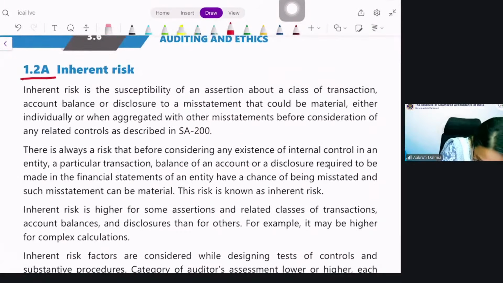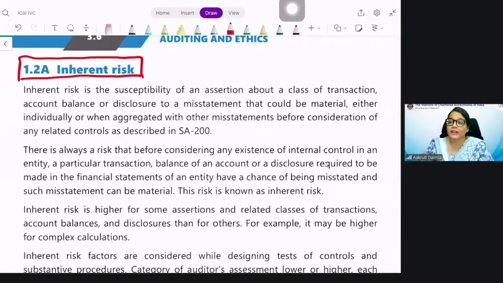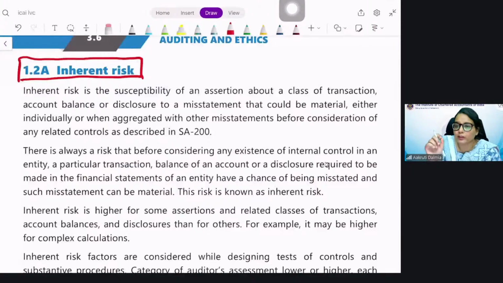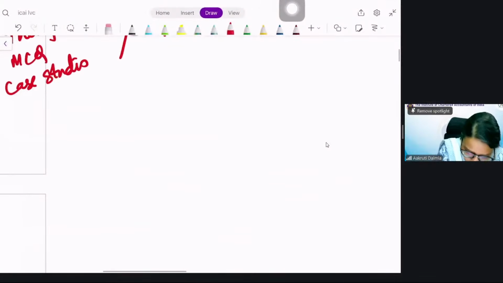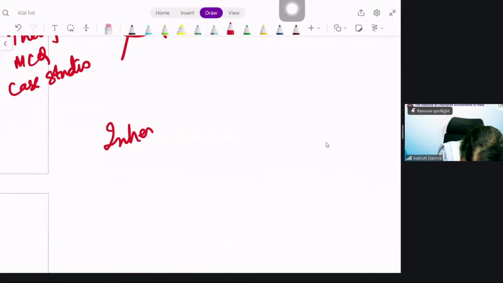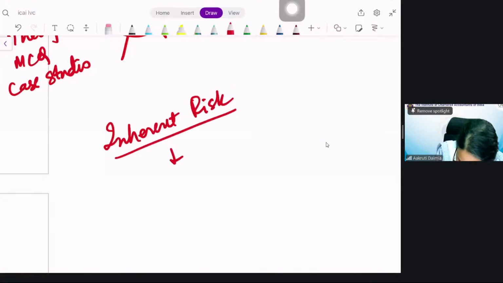So let's come to inherent risk. There are examples everywhere. Inherent risk, pay attention. We need to memorize the answer properly. Let me first explain, then I'll show you this thing. Inherent risk. The first word that you need to remember is